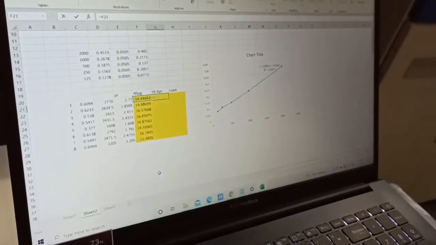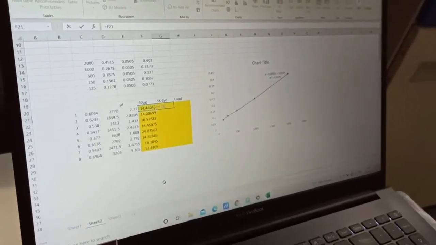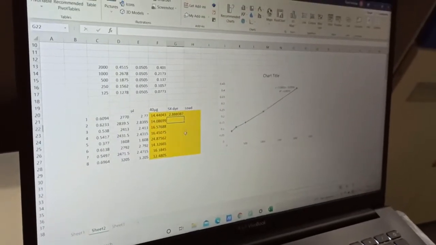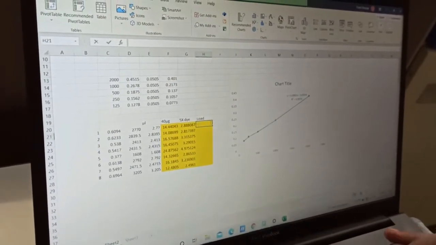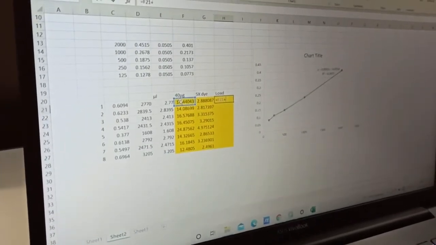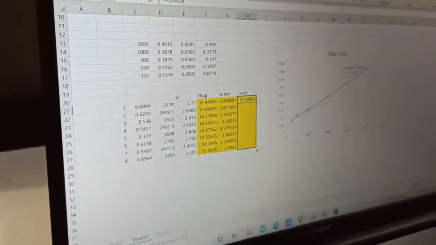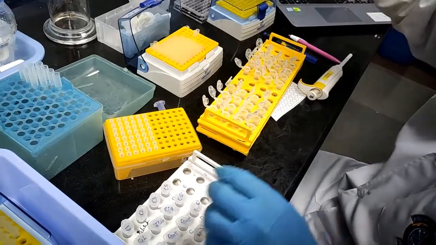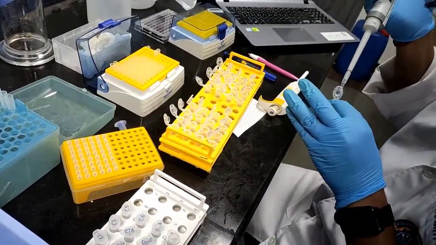So we will get the volume for 5x dye. The volume to be added in each well we can calculate by adding the volume for 40 microgram plus the volume for 5x dye.